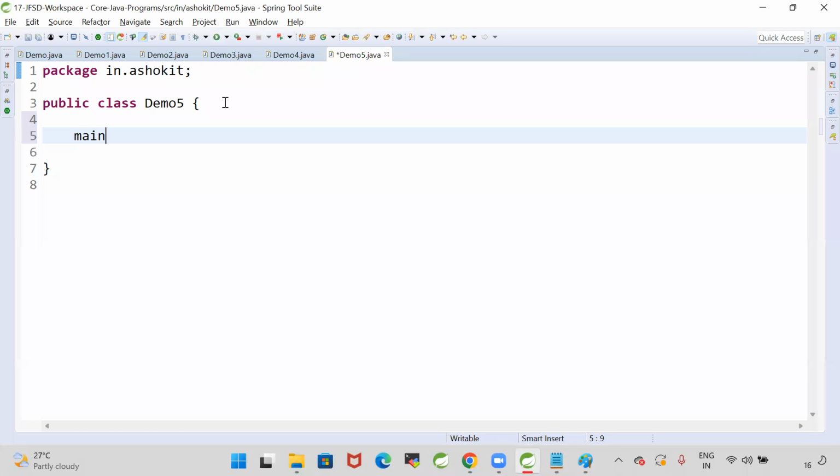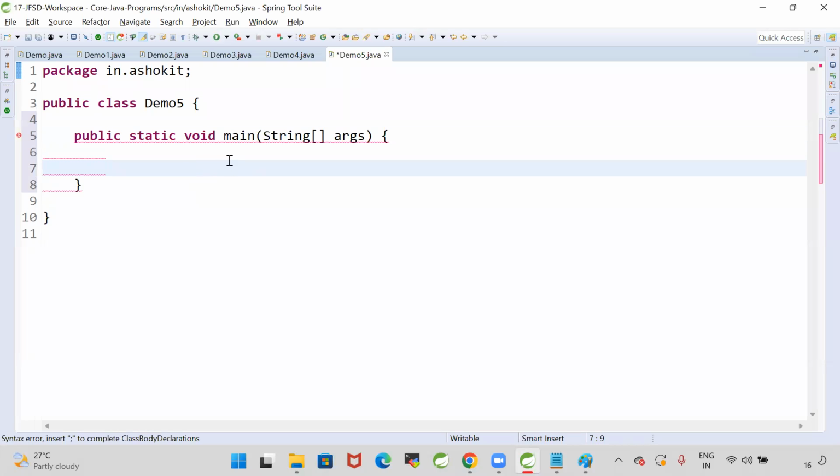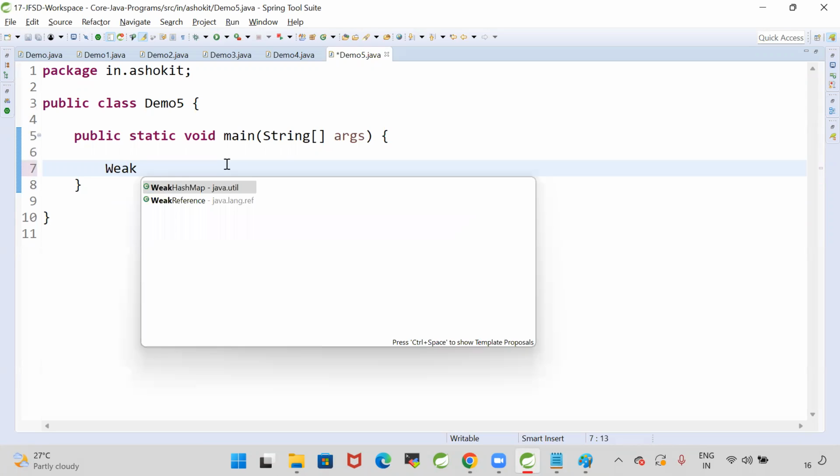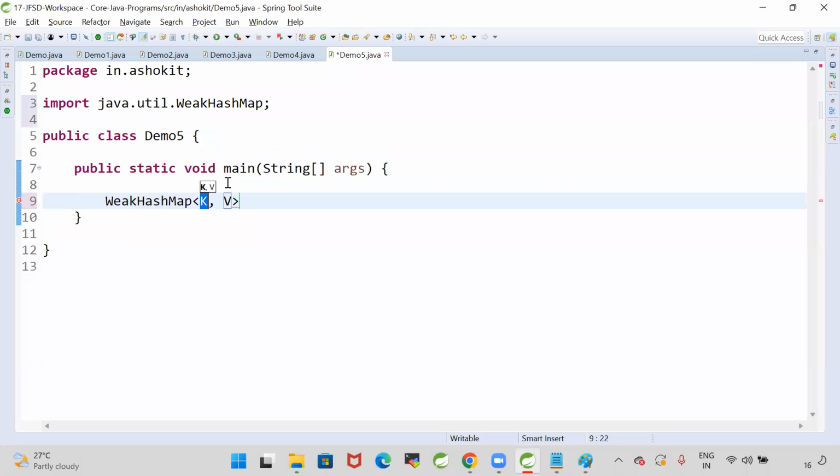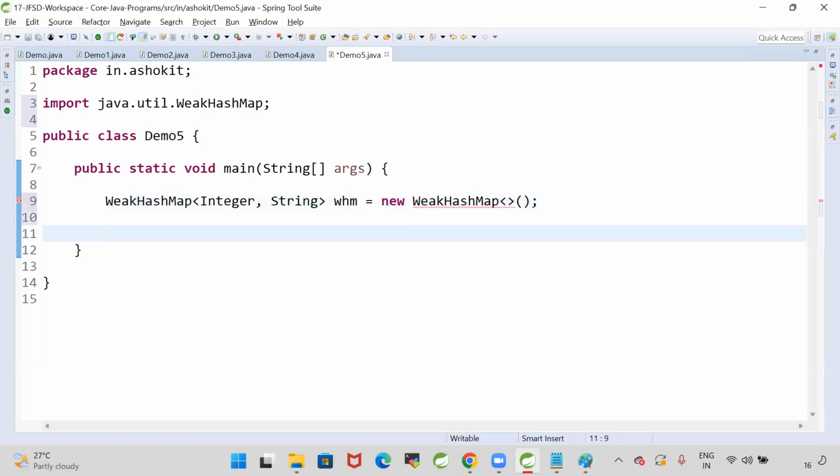Here I'm taking a weak hash map, with key comma value. That is, weak hash map is equal to new weak hash map. Weak hash map dot put of 1